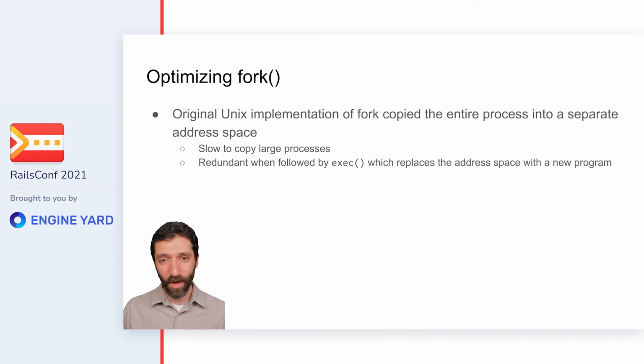So the original fork worked well enough, but its implementation was relatively slow because it had to copy the entire process into a separate address space. This was not only slow for forking large processes, but it was also mostly redundant, especially when followed by exec for the common use case of launching a new program in a subprocess, since exec immediately replaced the address space